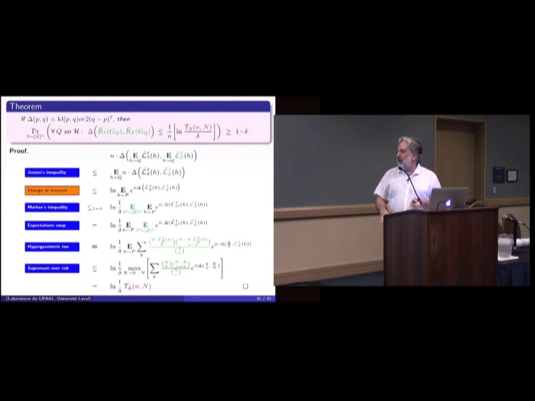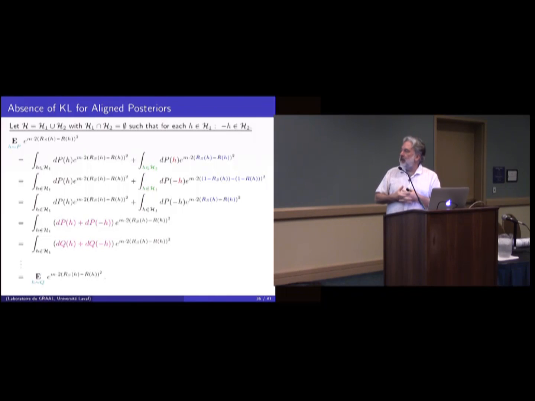Here I will show you basically the idea of the proof, for the situation where we are supposing that delta is equal to the McAllester one. There are a lot of different ways to do that. You separate H, your set of voters, into two sets: the ones that think in one direction and their complement. If it's an uncountable set, you have to take care about measurability and things like that, but I won't get into the detail. And then what you do is you take your expectation.